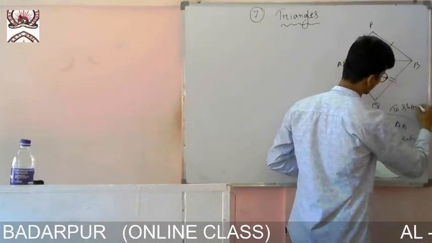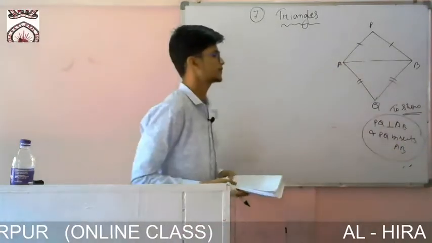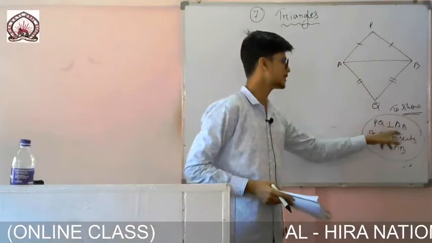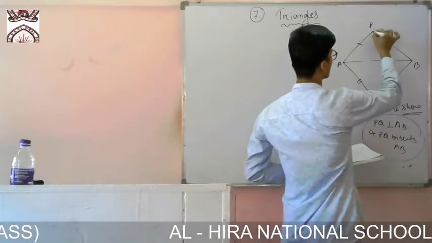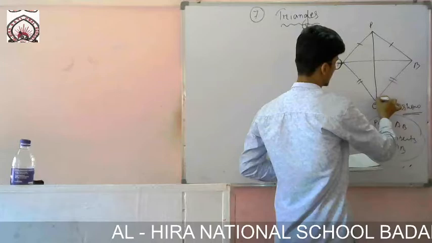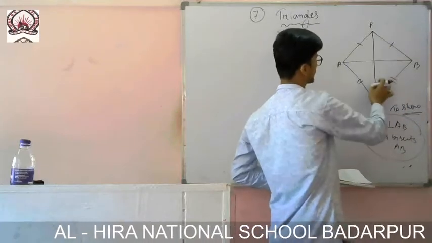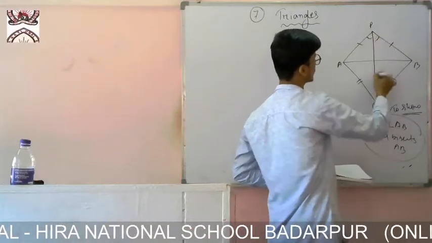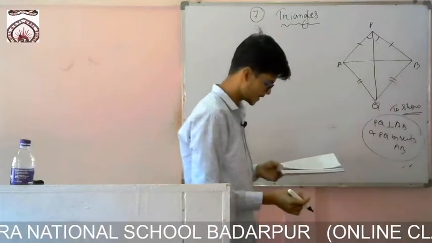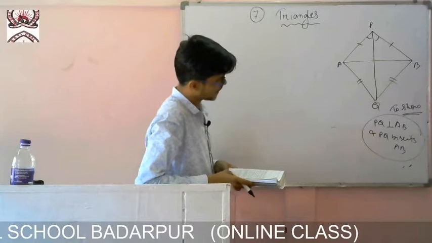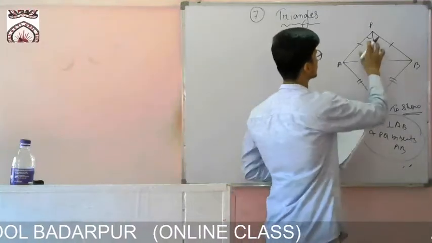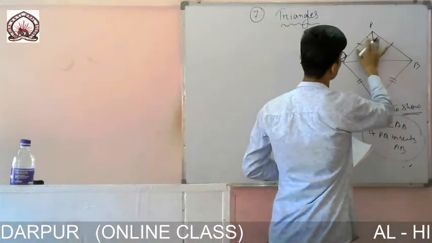Okay. To show, if I can show that this one is perpendicular to that one, then I can show somehow that it is the perpendicular. So this is PQ. If I can show that this line is perpendicular, then automatically I can show that this is the bisector. PQ bisects AB. That means it bisected this line also. I have to show it bisects this line.